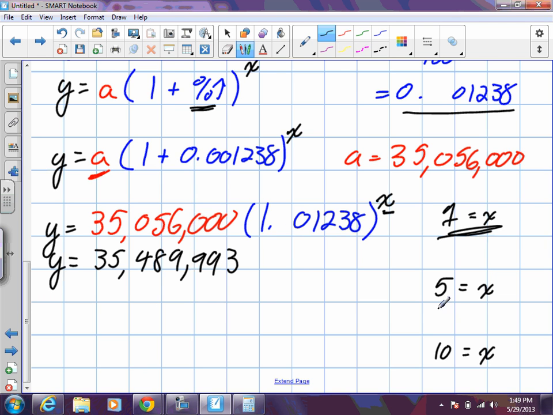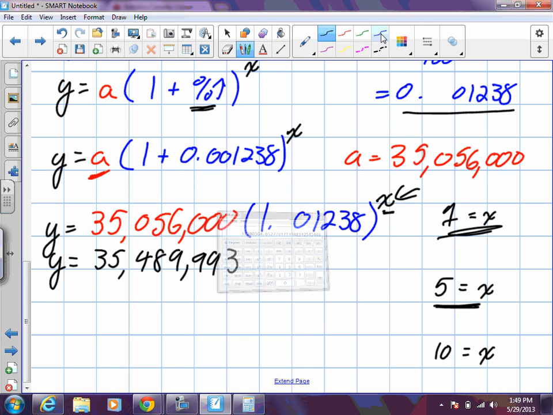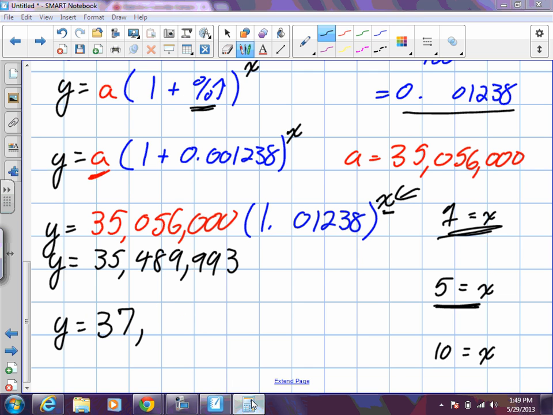Then for 5 years, we do the exact same formula and plug that value in for X. So same thing. 1.01238 to the power of 5 this time, which changes this value, and times the initial value of 35,056,000. Angela, can you tell me what the number is? I know you've done it there. 37,364. All right. So in 5 years, which would be what, 2018, we expect there to be roughly 37.2 million